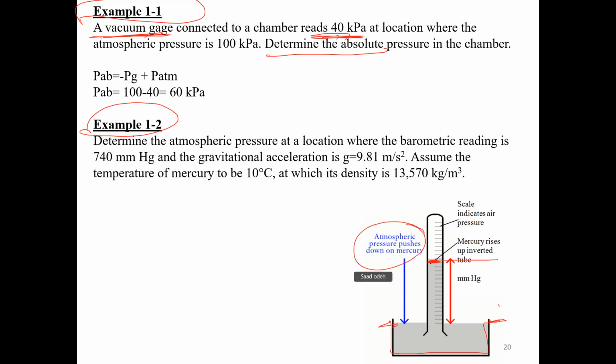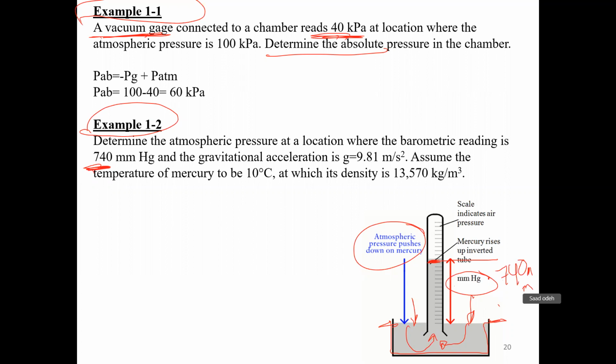This is because of the exerted pressure on the mercury, the pressure coming from the atmosphere, trying to keep the mercury up. And we know that at this site, this is the atmospheric pressure based on the height of the mercury level in the tube. Okay, so here it says determine the atmospheric pressure at a location where the barometric reading is 740 millimeter. So we know the level here, which is 740